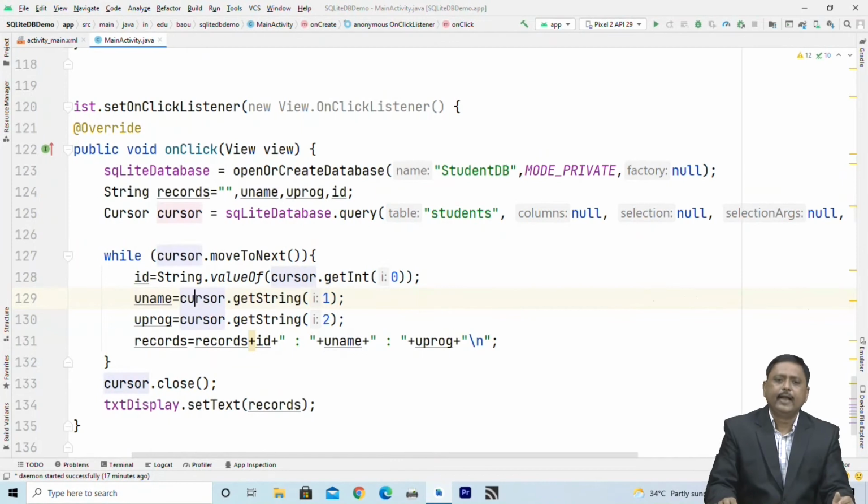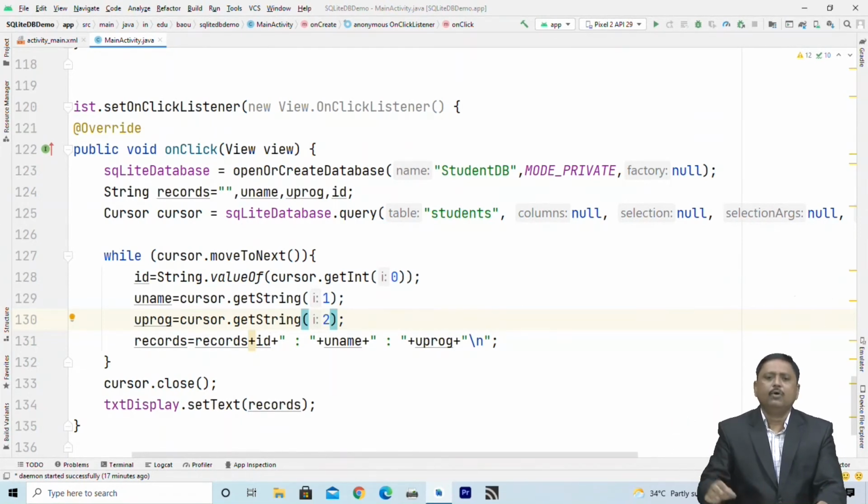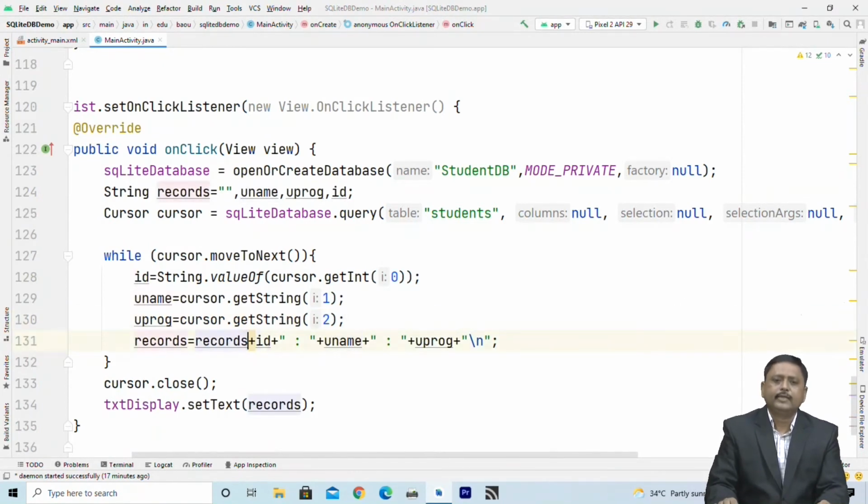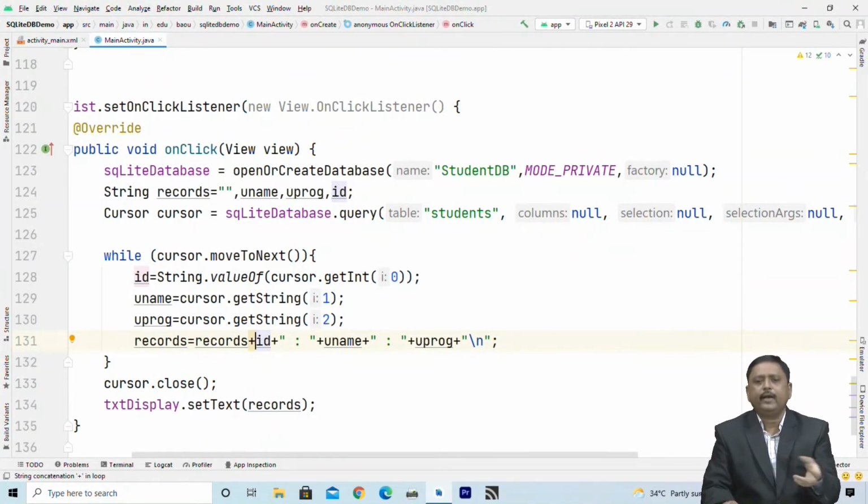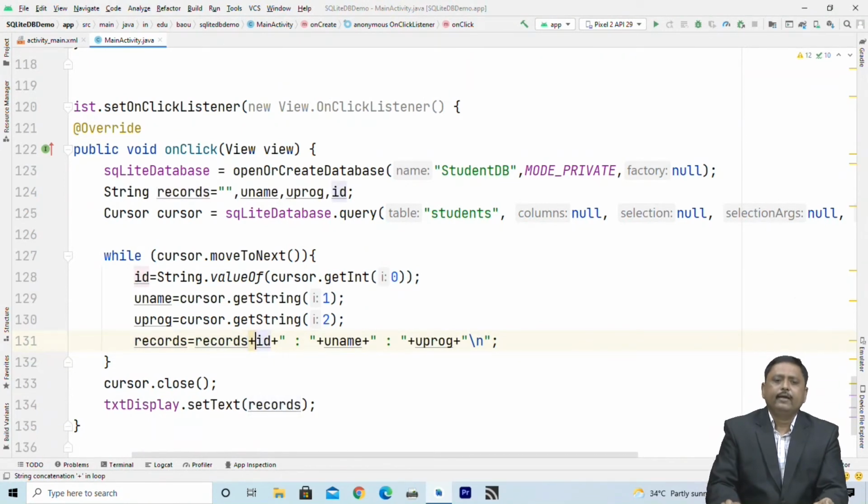string. So I can directly write down cursor.getString, and username is at second column or 1 index. So I write down getString 1, and program is in third column or second index. So I write down cursor.getString 2. So for example, the first ID is 1, first username is Himanshu Patel, and program name is MCA. Then we can say 1 colon Himanshu colon MCA is displayed in records.